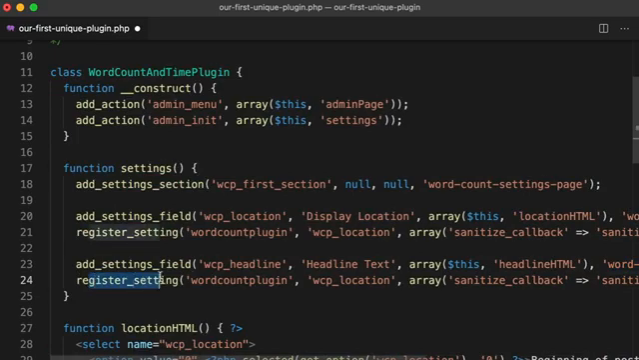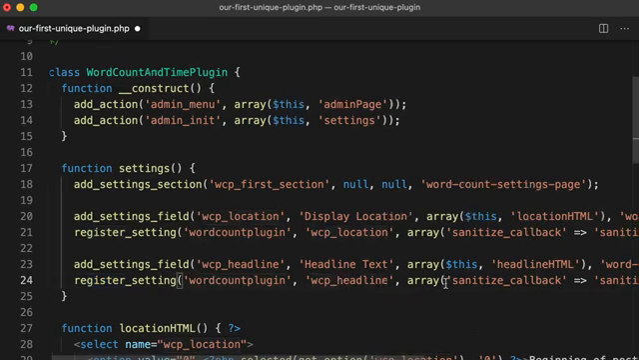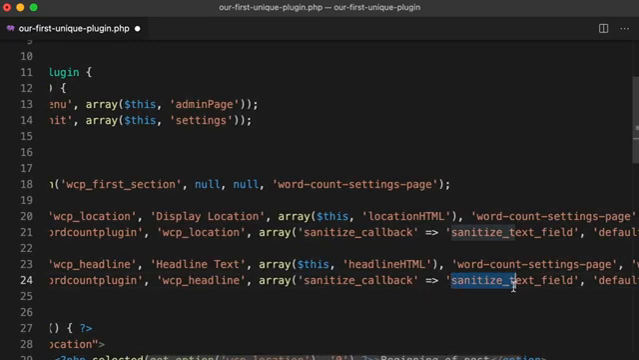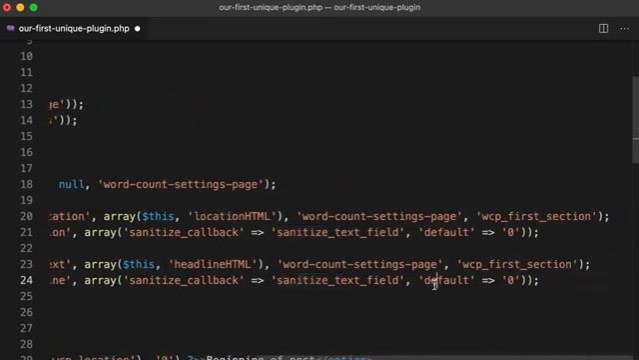Okay, let's look at this line, register setting. So the group for the setting would stay the same. We do want to change this to WCP headline. We can use the same generic sanitize text field, but why don't we give it a default value of post